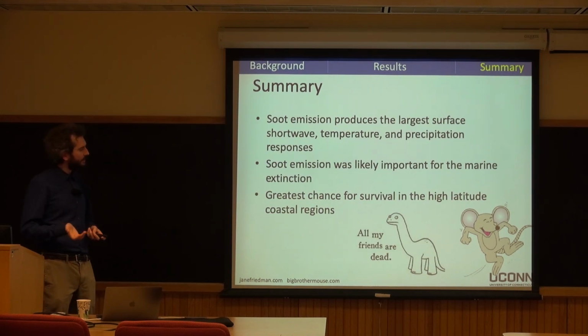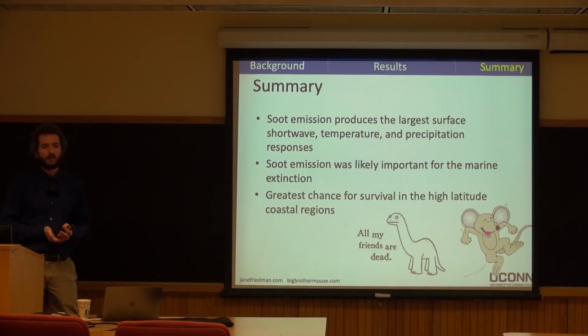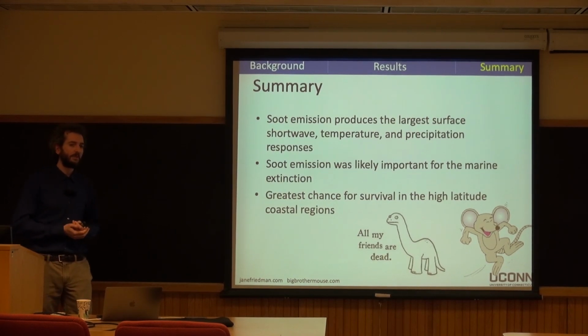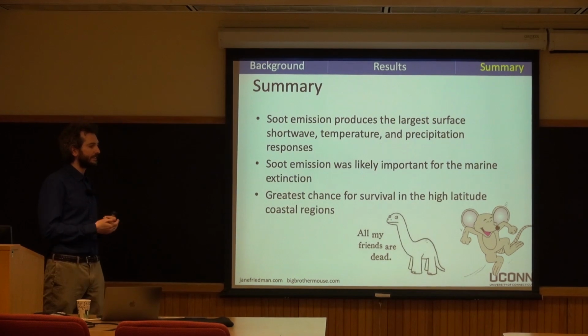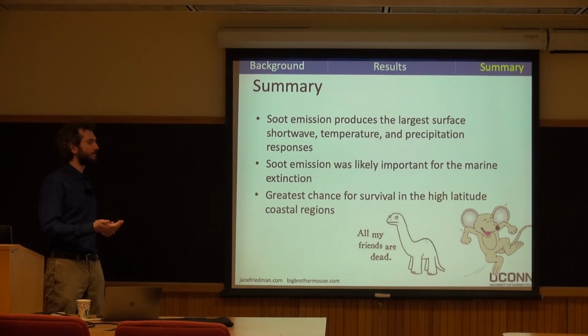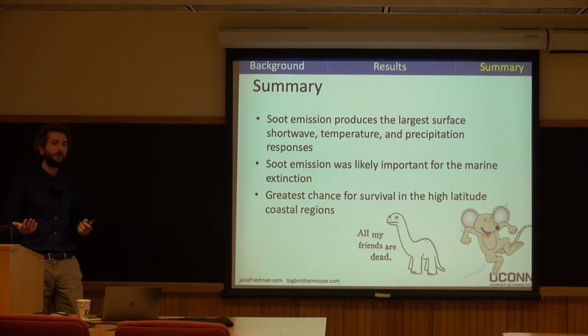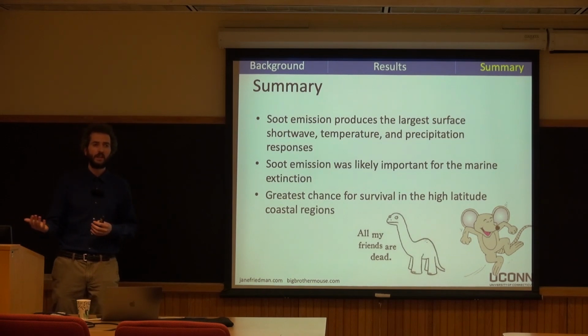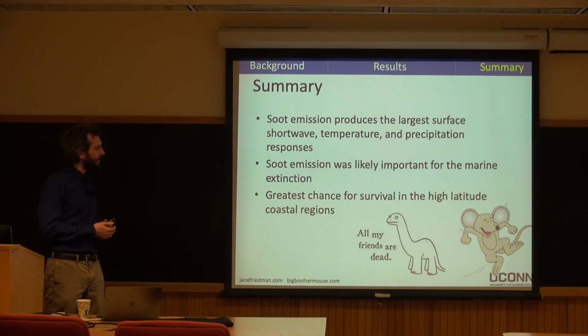And what we'd suggest here from these results is that if there were widespread soot emissions, it could have led to a collapse of the food chain. So even though dust is able to prevent photosynthesis at the surface for a month or so, only soot's really able to prevent photosynthetic activity for upwards of 2 years. And when you get to that longer period of time, you can actually begin to starve off the higher trophic levels. And so potentially the driver of this marine extinction relates to that.